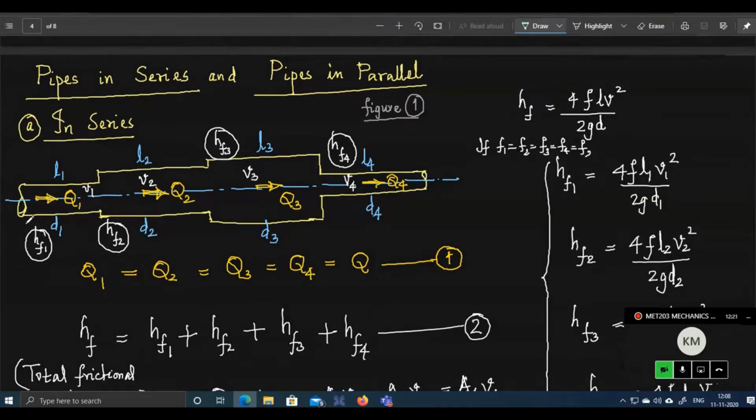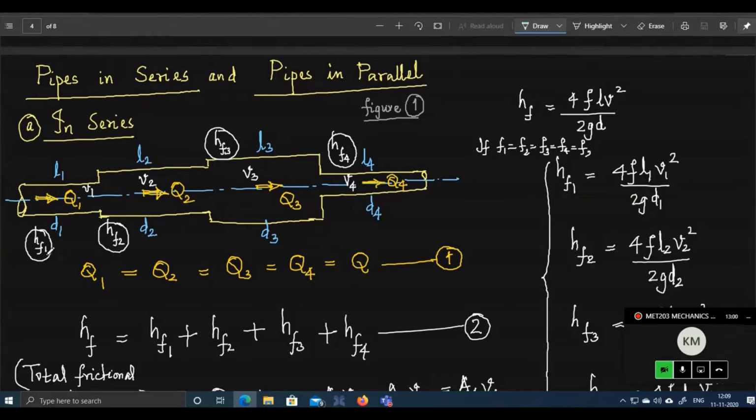So when you have a liquid flowing through the pipeline, in the different portions let the discharge be Q1, Q2, Q3, Q4, etc. But when the pipes are connected in series, all these discharge values Q1, Q2, Q3, Q4 will be equal. In other words, the same volume flow rate flows through the entire pipe in all portions, the same discharge will continue to flow. So Q1, Q2, Q3, Q4 are equal, and let's say that is equal to Q.